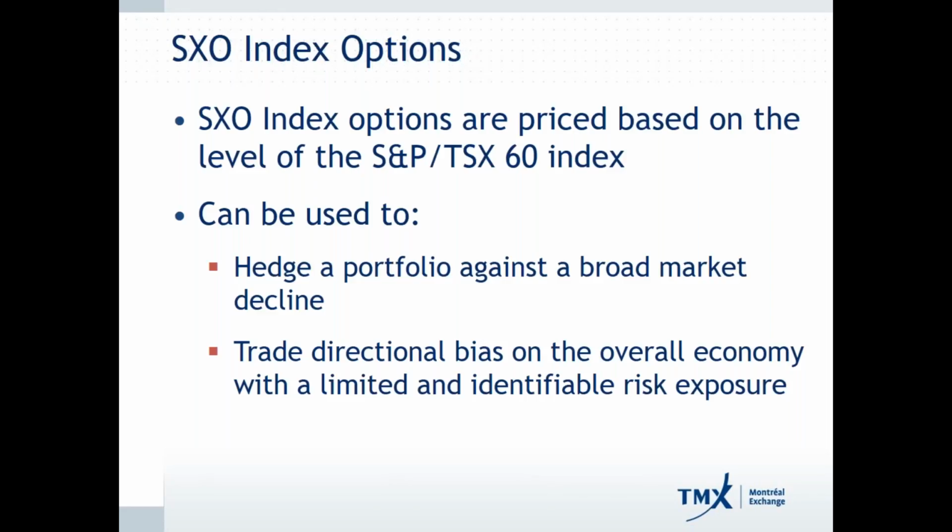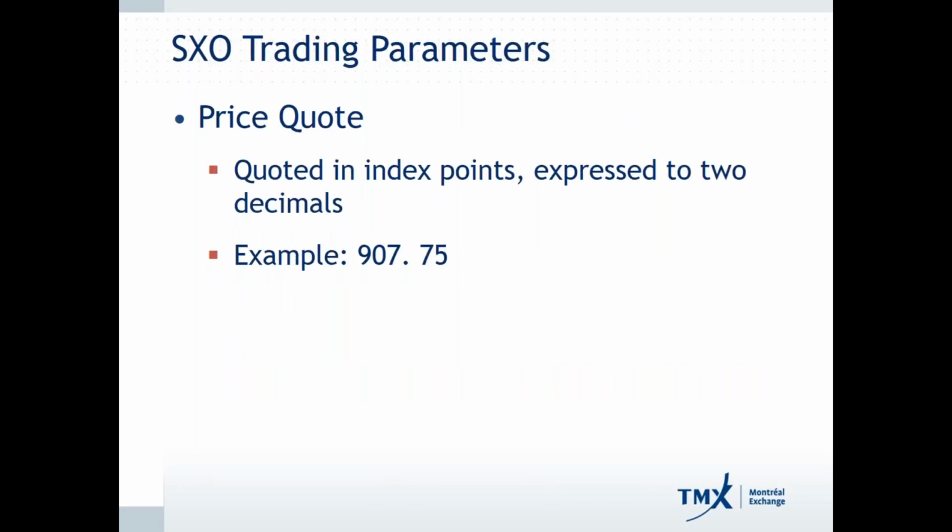But the challenge is, if you are concerned about a broad-based market sell-off, then you have to go in and buy put options or build some sort of hedging strategy around each and every one of those positions. Whereas you can in fact use an index option and hedge against that broad market risk within your portfolio without actually having to buy puts or create collars or any sort of hedging strategy around each individual company. Now, you can also trade a directional bias on the overall economy in general with a limited and identifiable risk